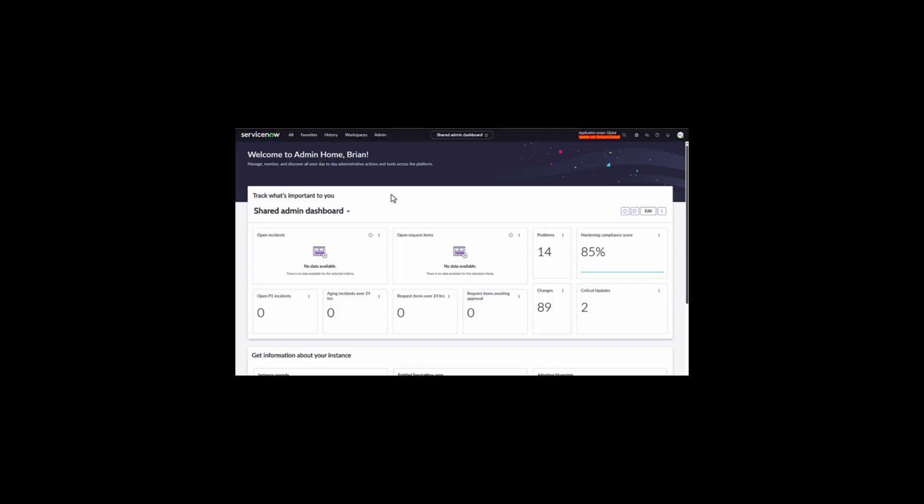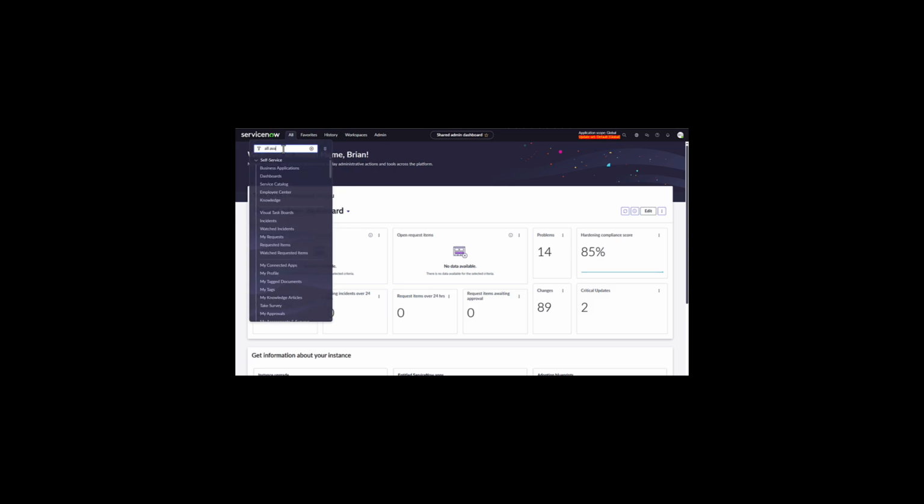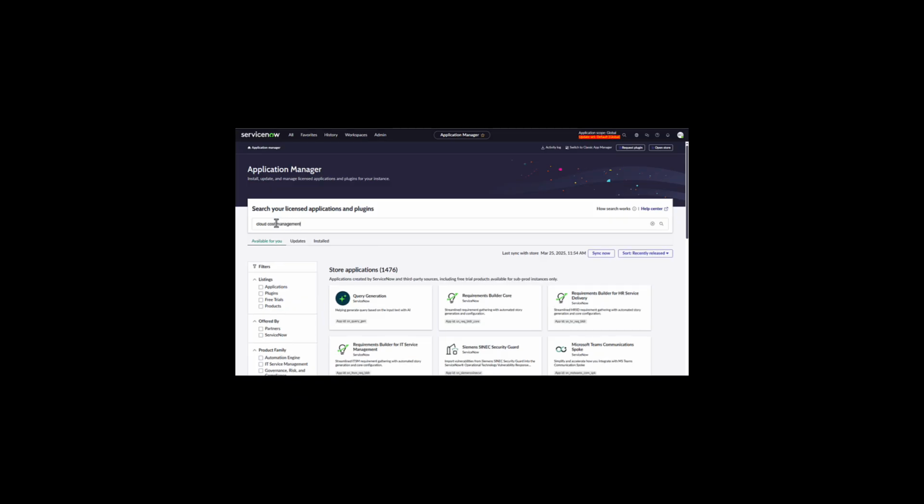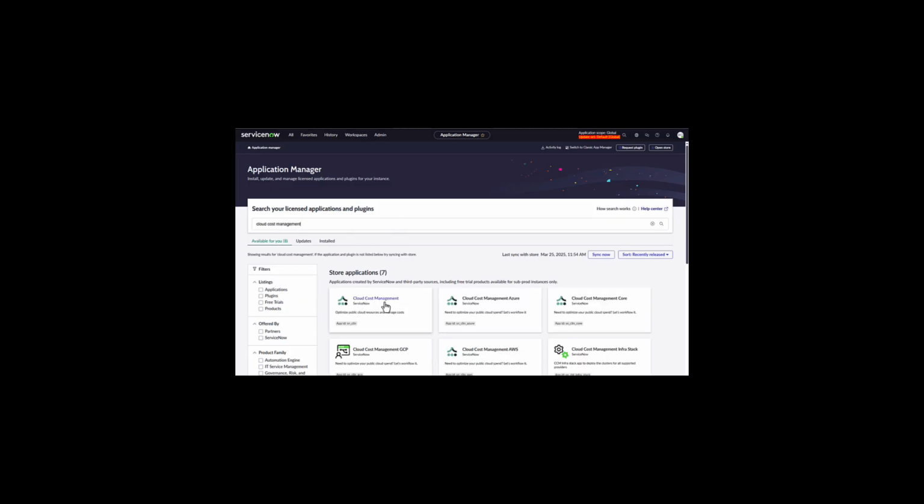Thank you, Randy. Here we are on the instance we've selected to implement Cloud Cost Management on. The first step is to activate or install the Cloud Cost Management Store app. To do that, we will go to All and search for all available applications and click on All. And here we can search for the Cloud Cost Management application. And we can select the base Cloud Cost Management application